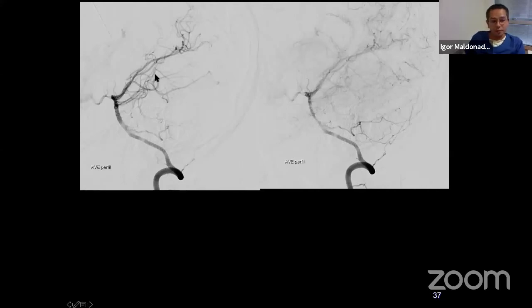Because these branches will be under the tentorium and will draw for you the tentorial surface of the cerebellum. And here you have a passage up to the tentorium. Sometimes you have a kind of abrupt change of direction. I have this in one of the next slides, which is drawing for you the exact point of the border of the tentorium. And then, very typically posterior, you have this Y shape of bifurcation, because